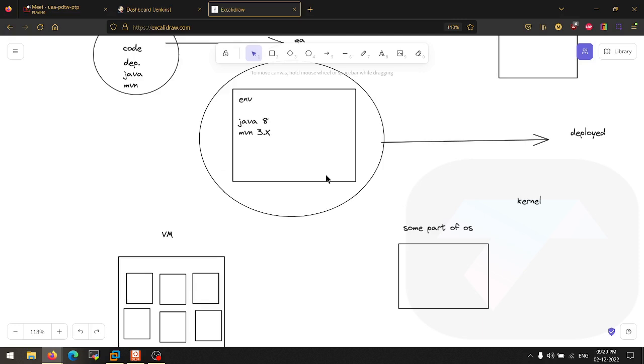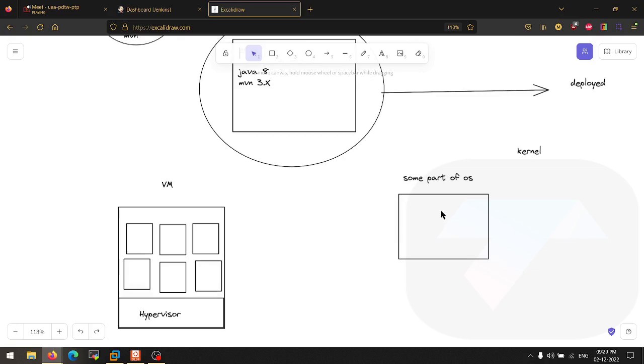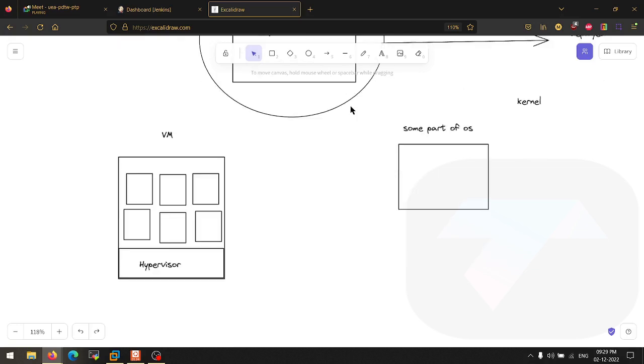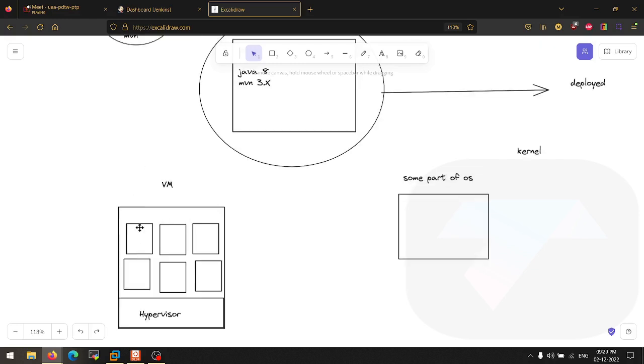I'm talking about the differences between the VM and Docker or containerization. So this image can be considered as the Docker image, this environment, and this part is the VM. Now, when we talk about the VM, every VM has its own whole OS. And when we talk about the container images or Docker images, in the Docker images there is no whole OS.